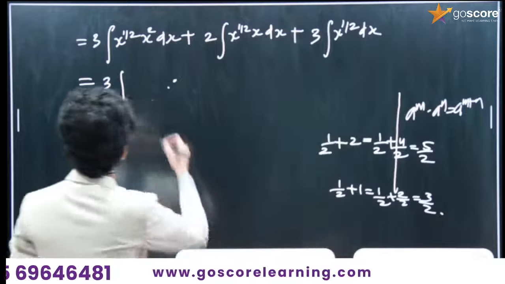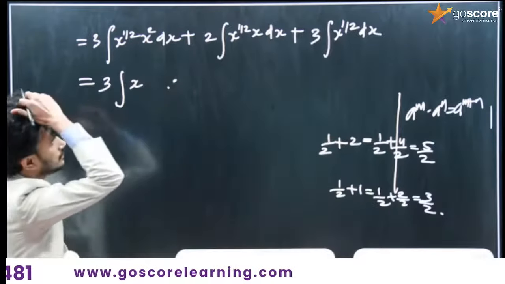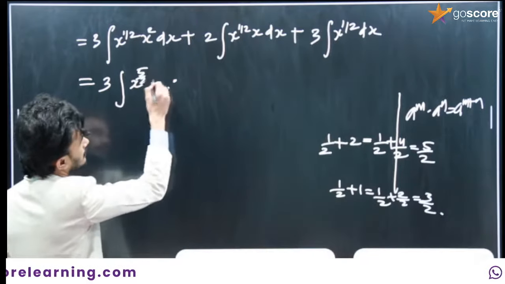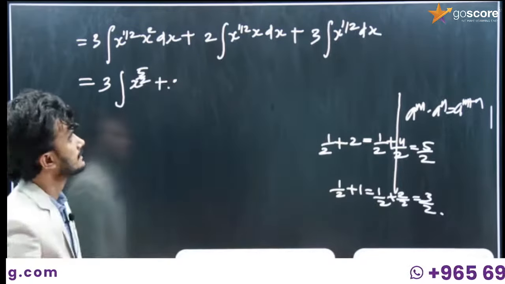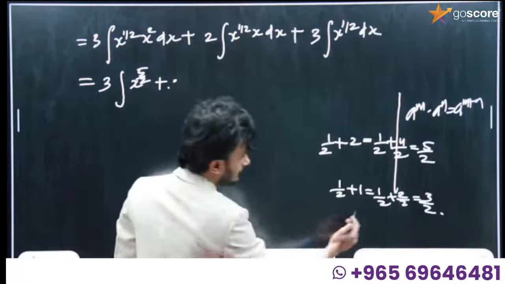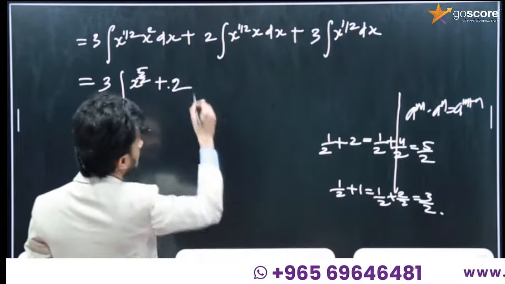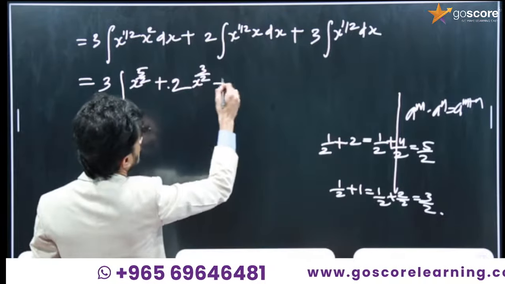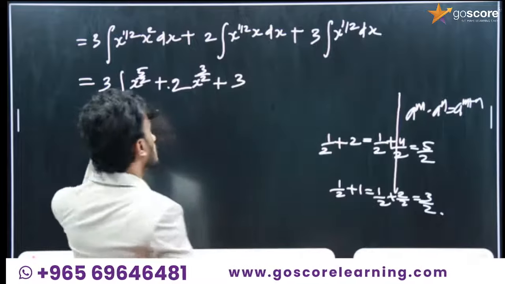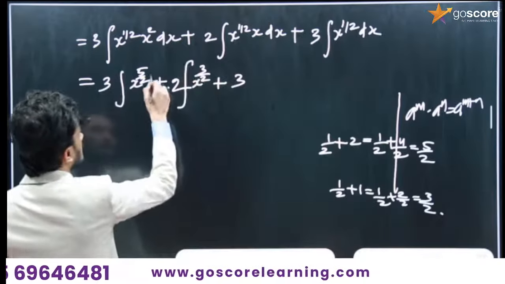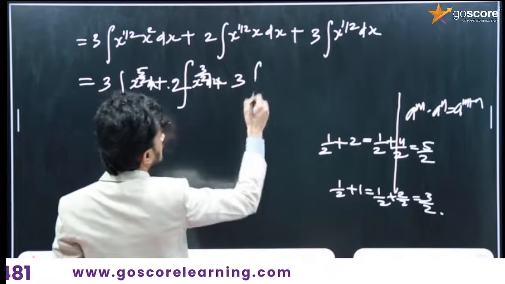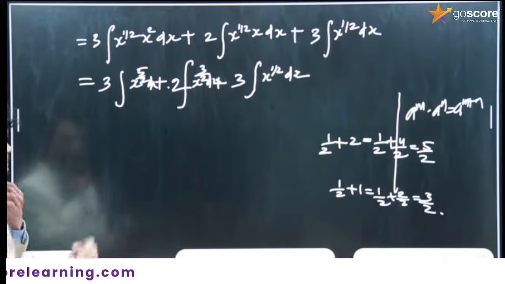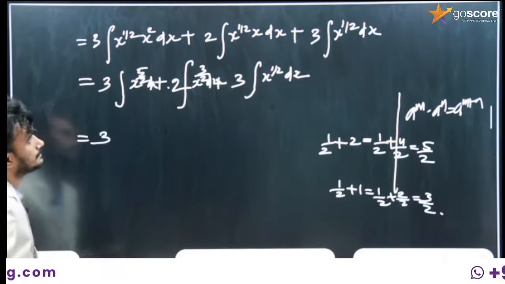So x raised to 1 by 2 plus 2, it is 5 by 2, plus again 1 by 2 plus 1, it is 3 by 2. So x raised to 3 by 2, plus 3 into the integral of x raised to 1 by 2 dx. So it is equal to 3 into